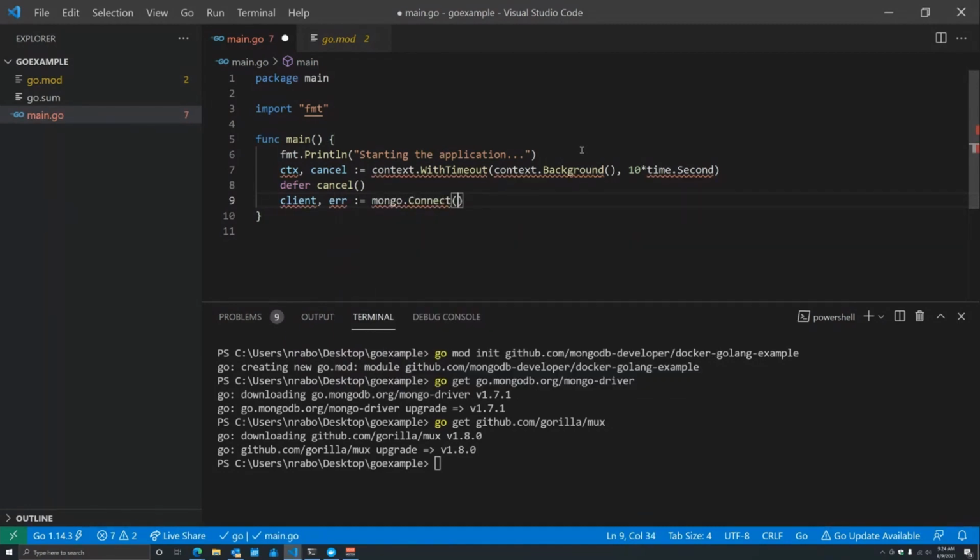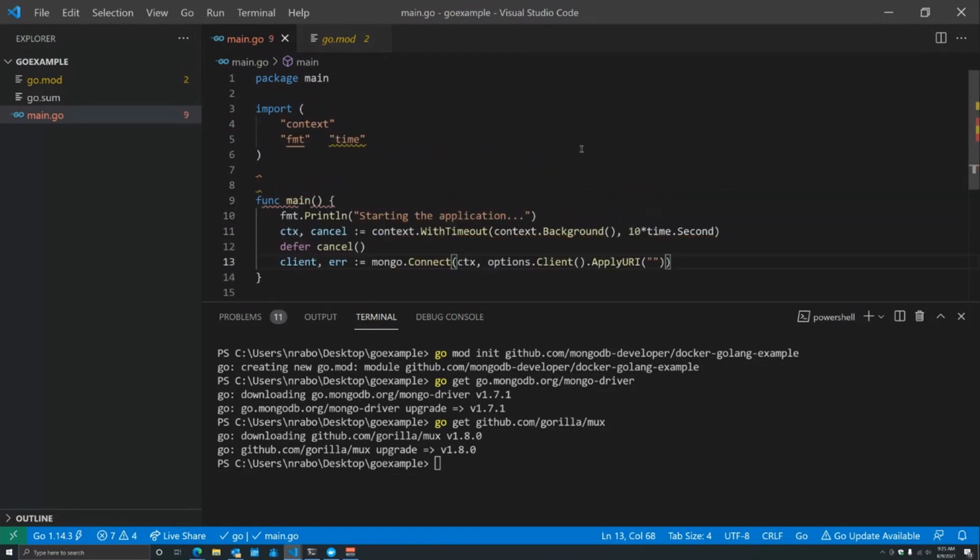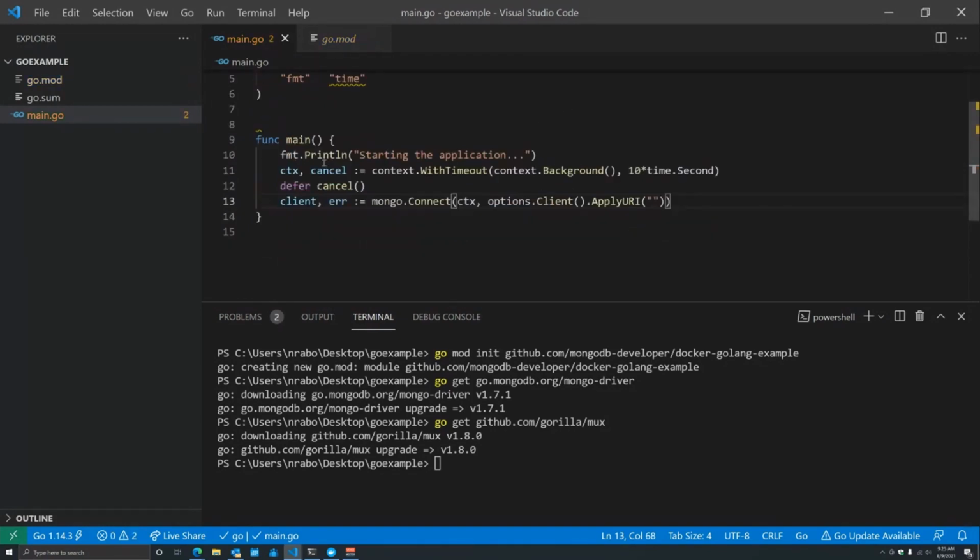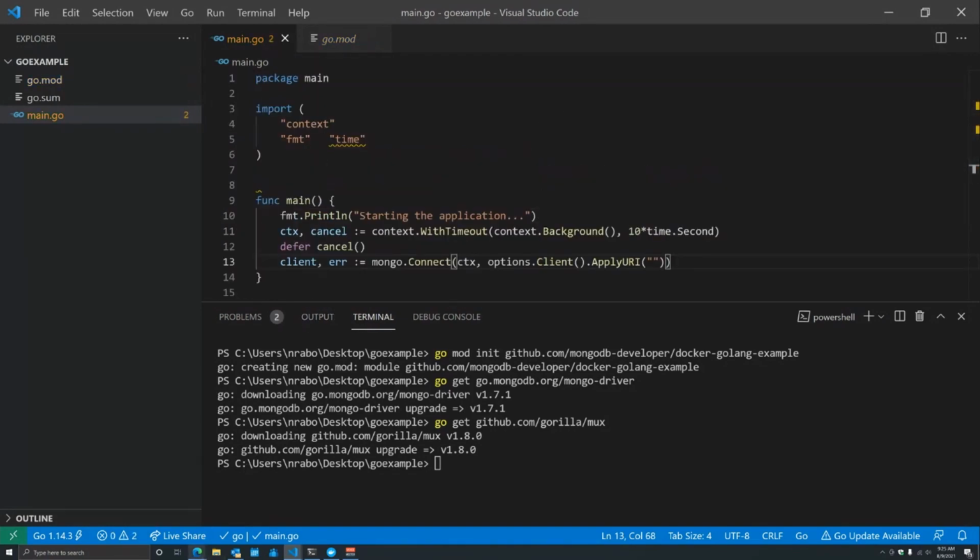mongo.Connect. We're going to pass in that context, and we're going to pass in some options to connect to MongoDB. So we're going to say options.Client().ApplyURI, and we're going to say URI string right here. And we're going to get that URI string right now. So I saved it, it added some imports here. Let's go back into the web browser,